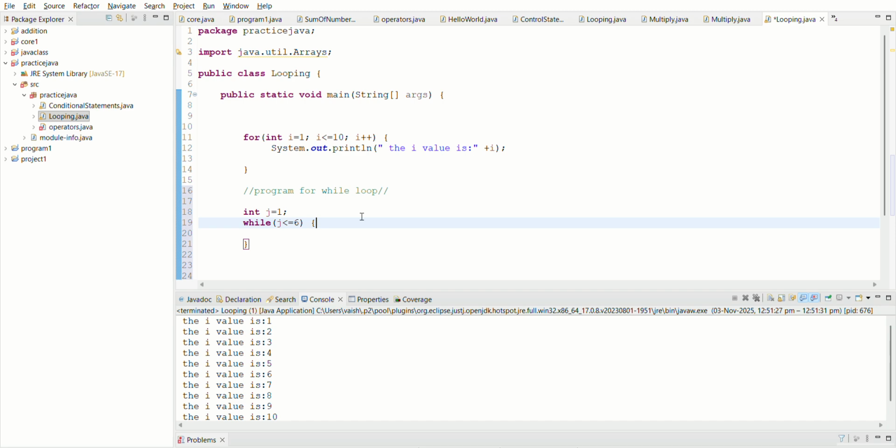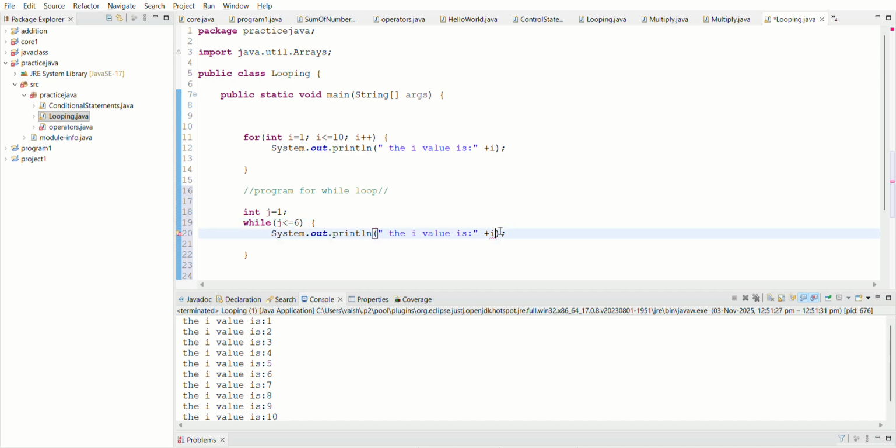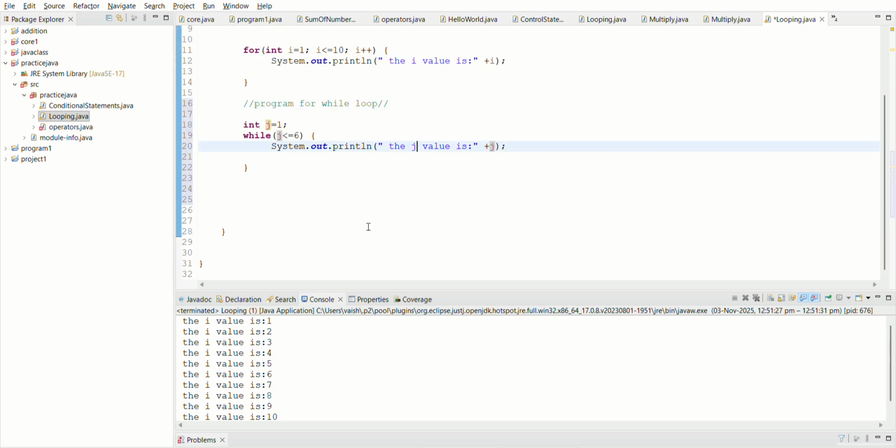So, System.out.println, the j value is j. It increments the value by 1, j++;